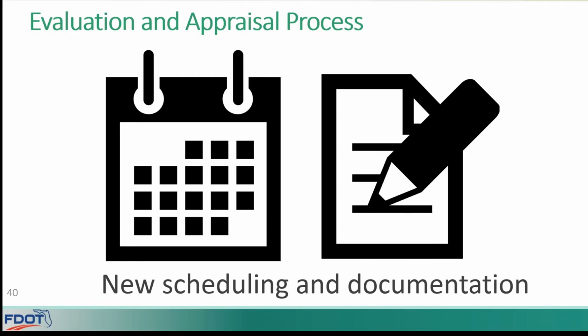House Bill 7207 also revised the Evaluation and Appraisal Review, or EAR, process for comprehensive plans, with revisions not only to scheduling for when each local government in the state will assess their comprehensive plans, but also how they will assess and notify the state in regards to submitting an EAR sufficiency letter and associated comprehensive plan amendments if applicable.